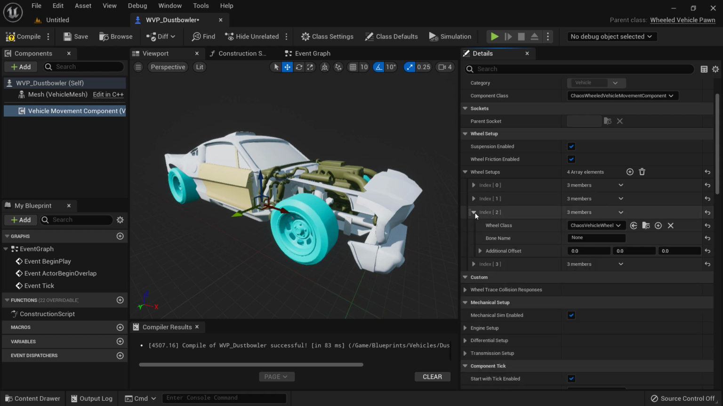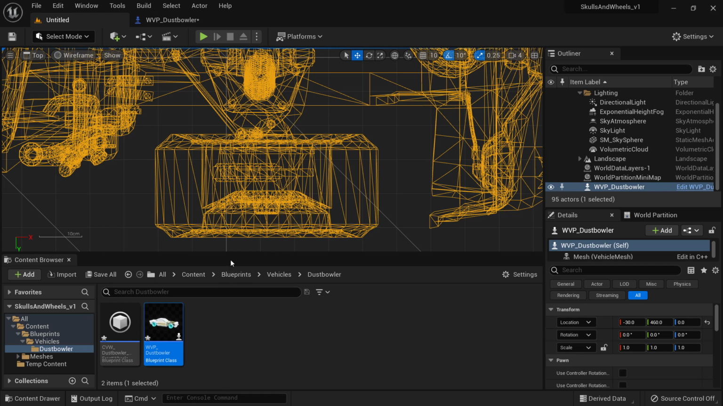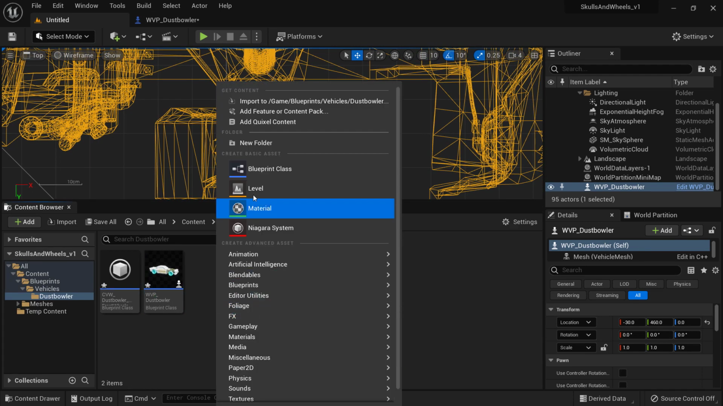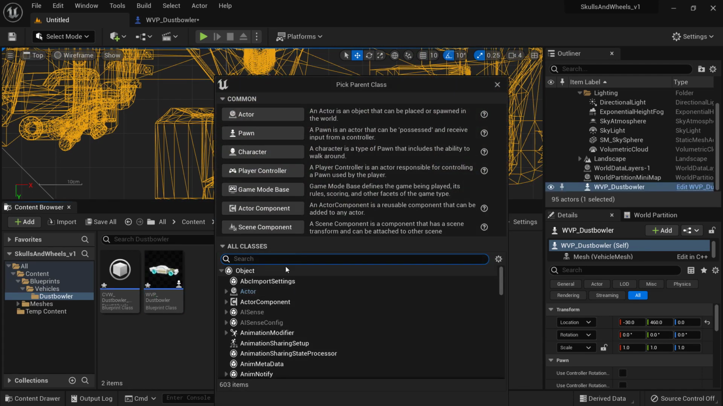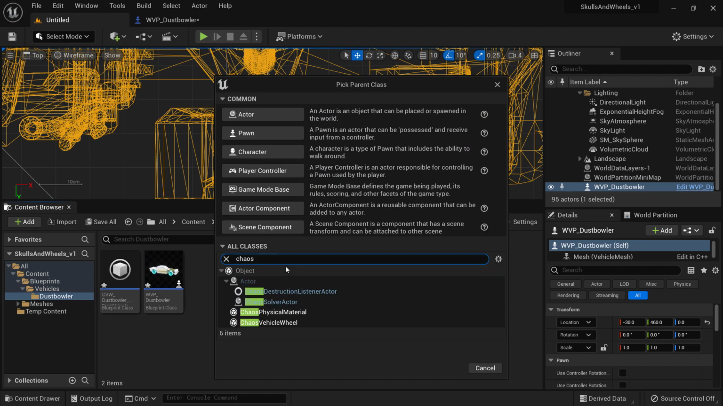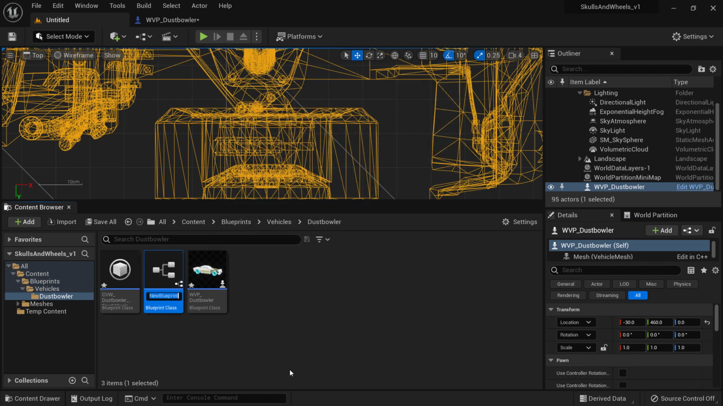And for rear wheels we need to use another blueprint, but I'll show you another method to create this CVW blueprint for wheels. I'm going to the content browser, right click, new blueprint class, and I'm going to search for chaos, and then there is this chaos vehicle wheel. Now I'm going to manually pick the parent class and then select. And now we can rename this,